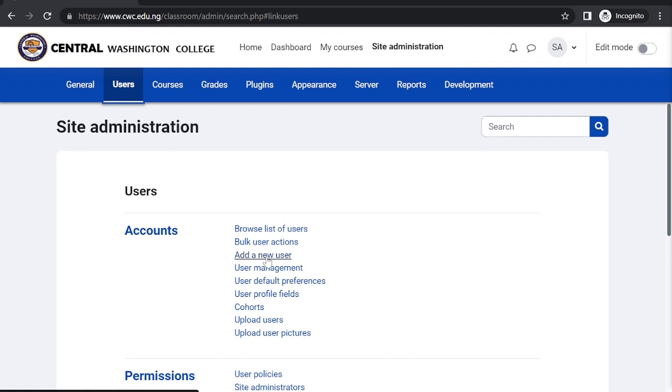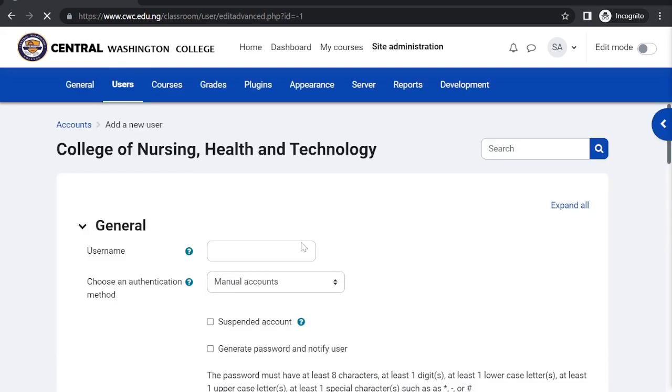If there are multiple users, you can upload users from the spreadsheet. But here we're just gonna add a new user. Then here we're gonna add prof. The username is all lowercases,